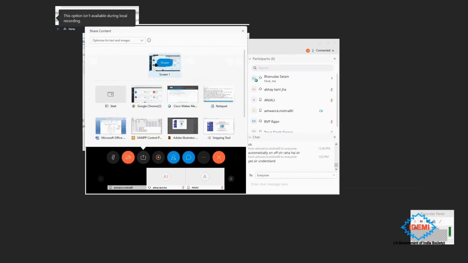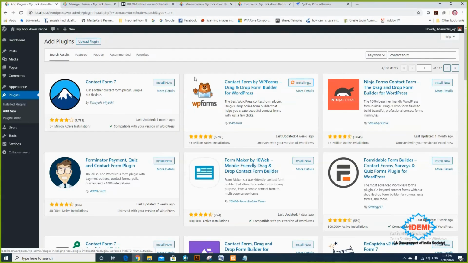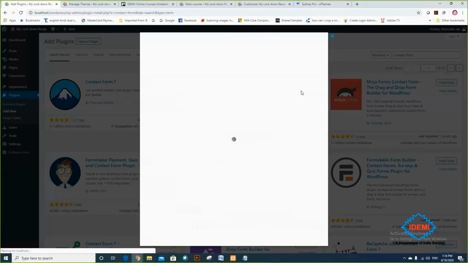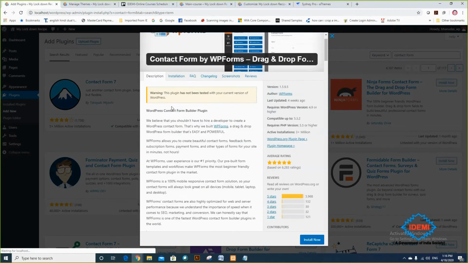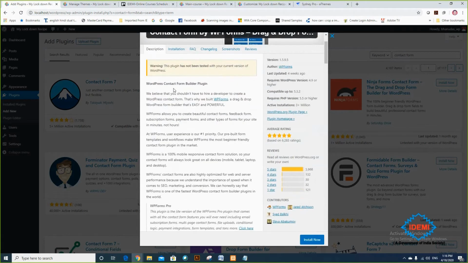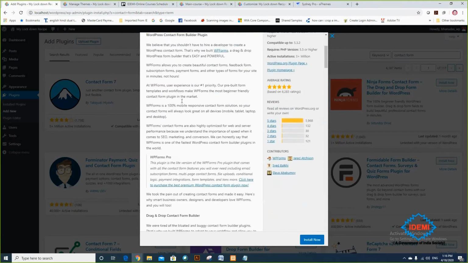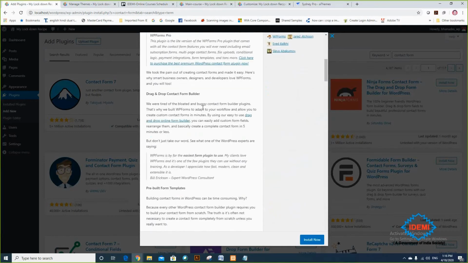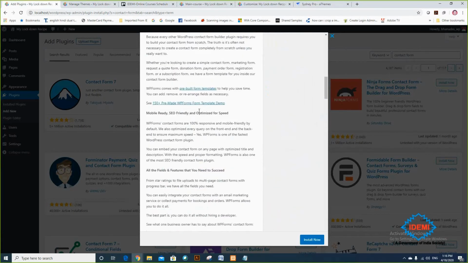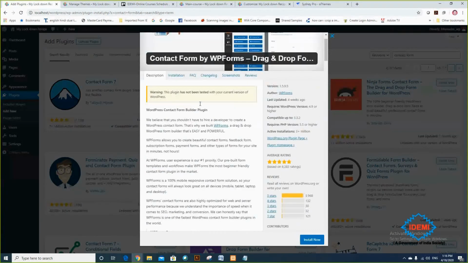Screen. ठीक है. So now look at this. Installation is taking place. So by the time, I'm checking more details, one option here. Okay. And it's giving the option and warning also. Okay. And 5-star rating, what you can do with the help of this plugin.